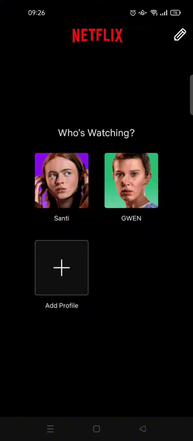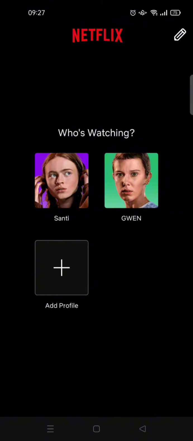On today's tutorial, I'm gonna show you where to find the delete profile button on Netflix. So as you guys can see here, I'm already on my Netflix in mobile, and here there are two profiles on my Netflix account. This is the main profile, and this is the secondary or the other profiles. So if you cannot find the delete profile button, probably that's because you try to delete the main